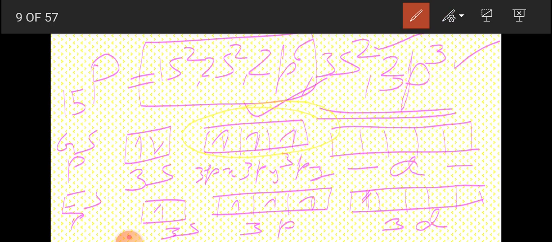1, 2, 3. Half-filled orbitals, how many are here? Covalency 3 is being shown. 1, 2, 3, 4 and 5. 5 half-filled orbitals, so covalency 5 is shown. Now let's see the covalency of sulfur.